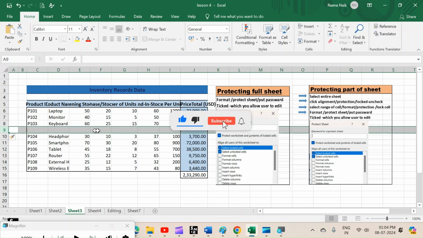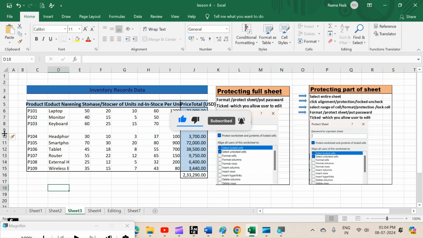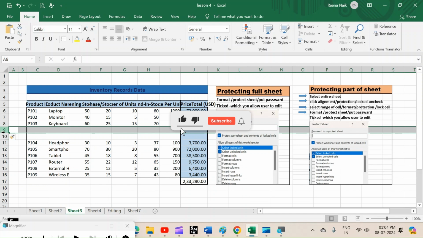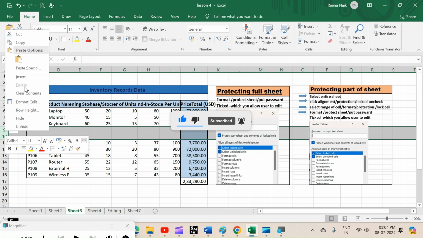However, you can insert the rows. But we cannot delete because we have not clicked the delete. We cannot delete it, because we have not clicked the delete. In the same way, format cells and the row height are also highlighted. Hide, unhide is also highlighted. This means to this extent we can make the changes.